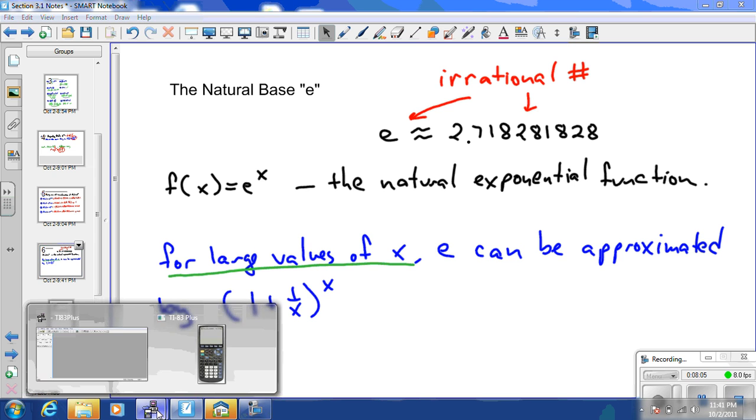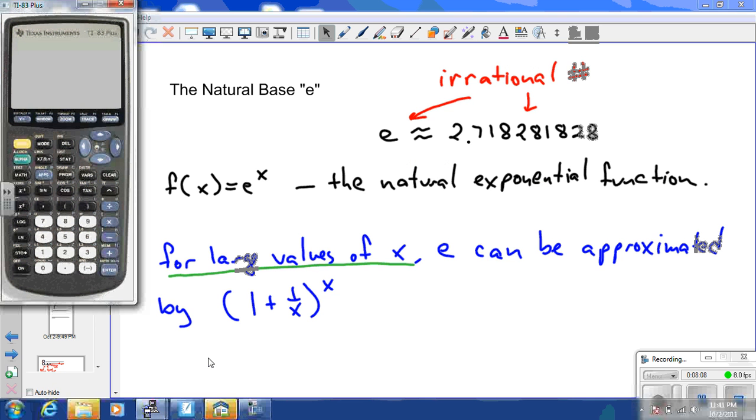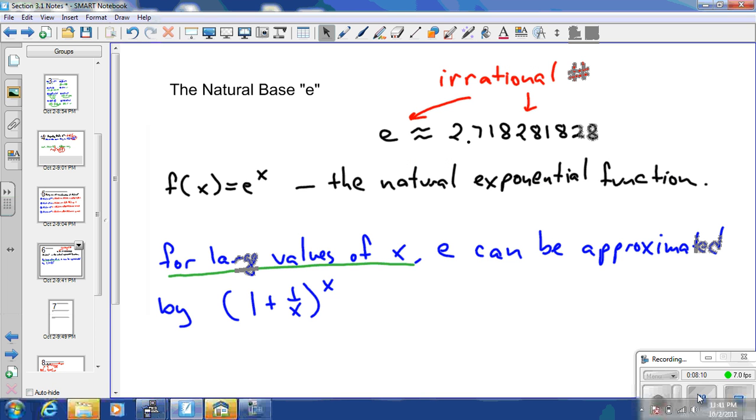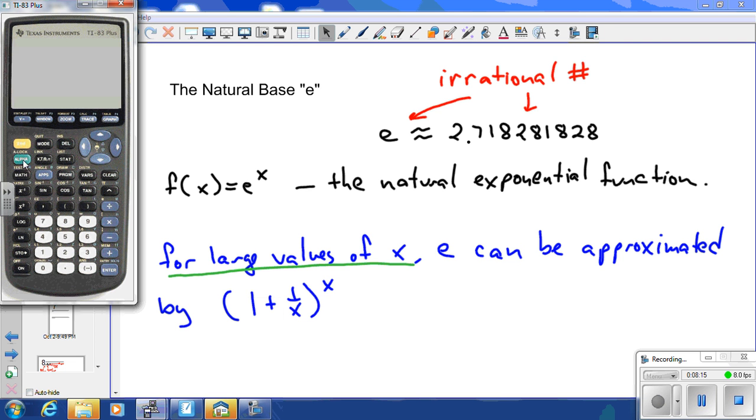What I'll do is I'll give you a quick demonstration of this real quick. So in our calculator, let's just clear this. Okay, the first one I'm going to graph is y equals e. Is that e? No, that's not e. It's below it. I hit the wrong button. So e to the first power is the same thing as just e. So we'll see a horizontal line here